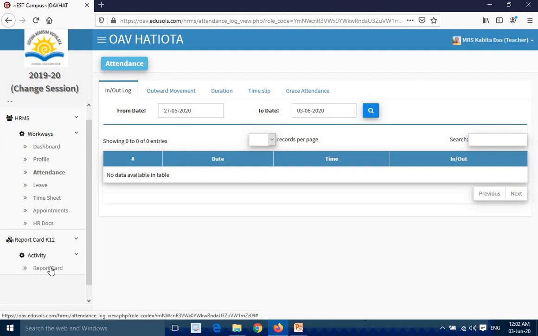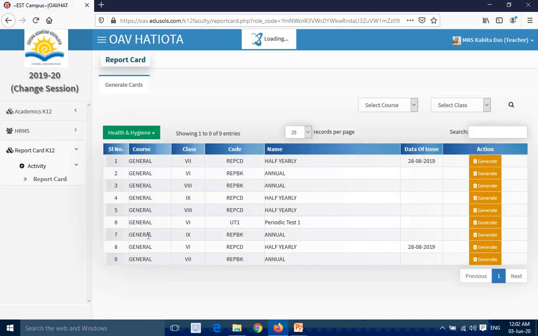Click on the activity button, then you can find here report card. When you click on report card, all the marks you have entered you can find here, and in this place you can find the generate button. For this one I will make another tutorial, so don't worry about this. How to make a report card I will show you in a different tutorial.